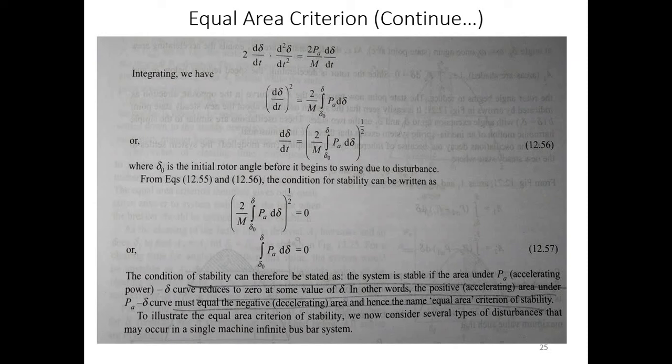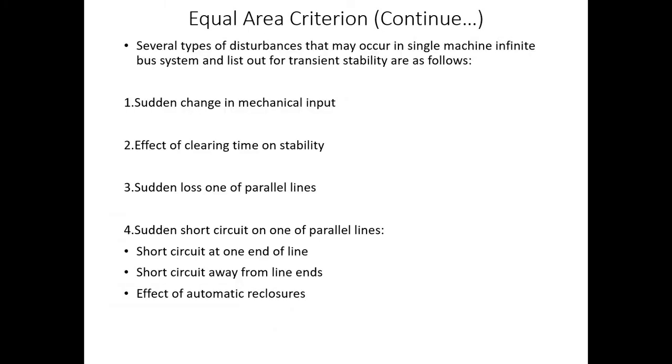Now, what is the method in this case? As we had already discussed, in the equal area criteria method, mostly we list out the different types of faults which occur in case of transient stability, and then we apply the equal area criteria for each of the disturbances. So, what are the different types of faults which are considered under transient stability? First one is the sudden change in the mechanical input, second one is the effect of clearing time on stability,